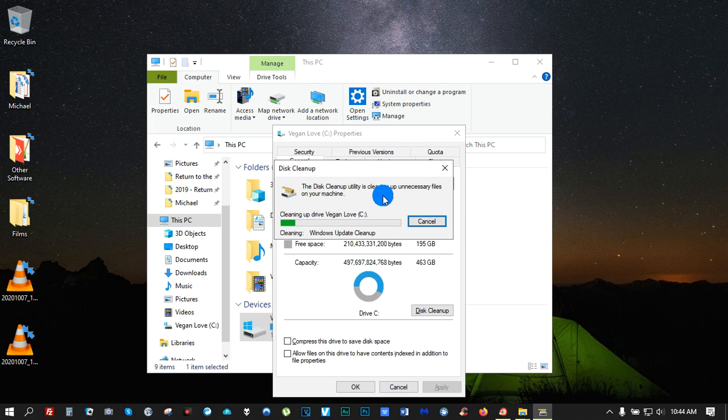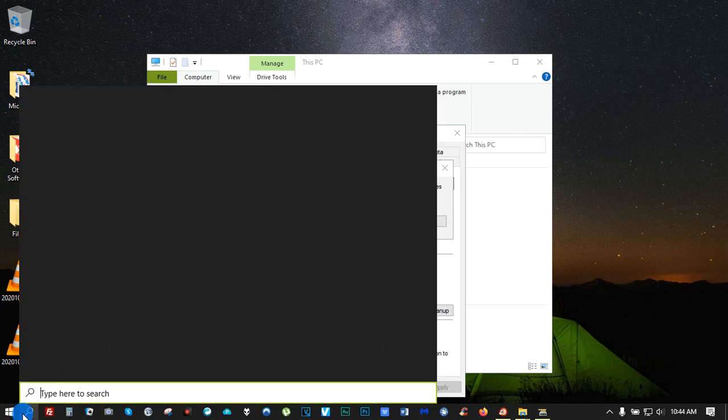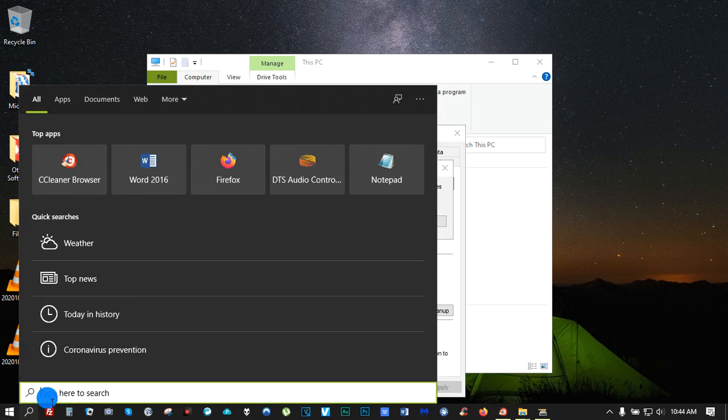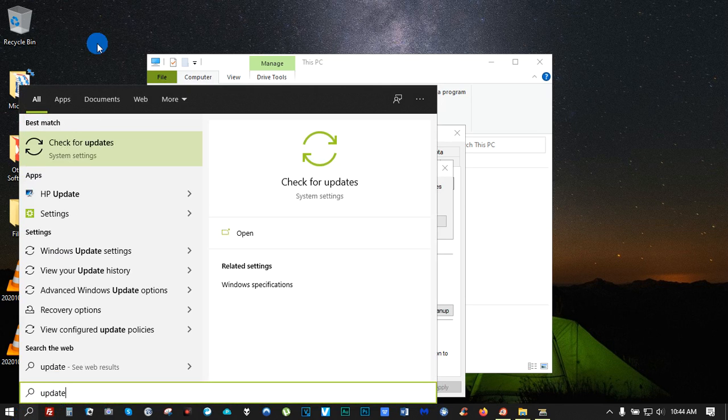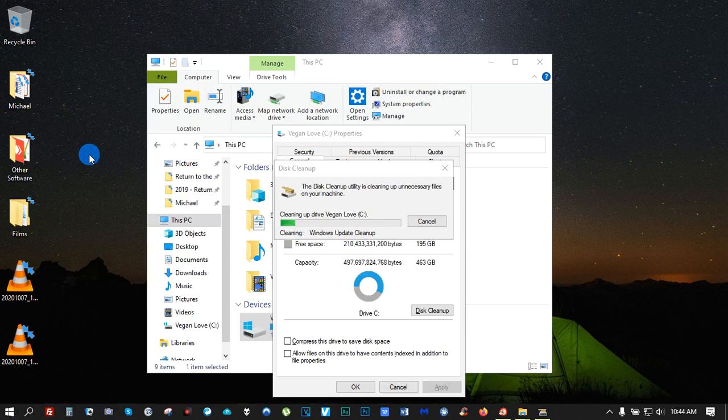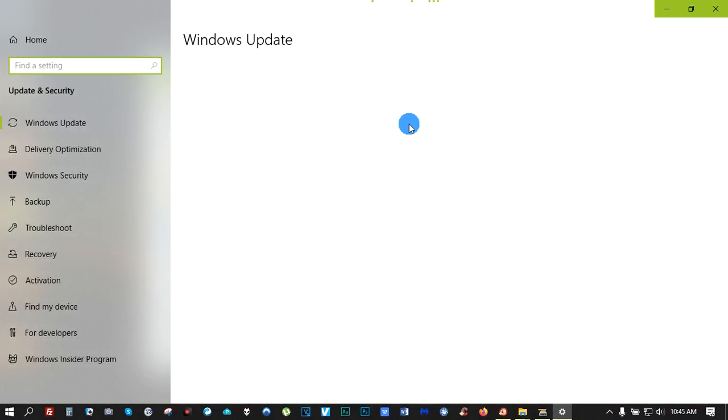But if you ever use the internet at all on your computer, antivirus is a must. And I love Avast. Avast is one of the best. You can get it online. So this is working. I'm going to show you one last thing, and that is when you want to update, you go to this little search bar, type update, and check for updates. And here it's checking for updates.